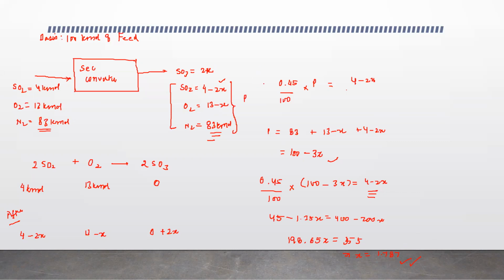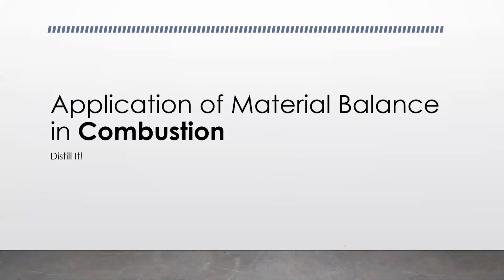Anything can be calculated from that. And once we get that, then we can calculate anything else. For example, the composition on a mole basis, total weight, whatever they ask you, you can calculate. So the calculation of x is the main thing. Once you get x, then there's nothing else. So once you're clear with this,